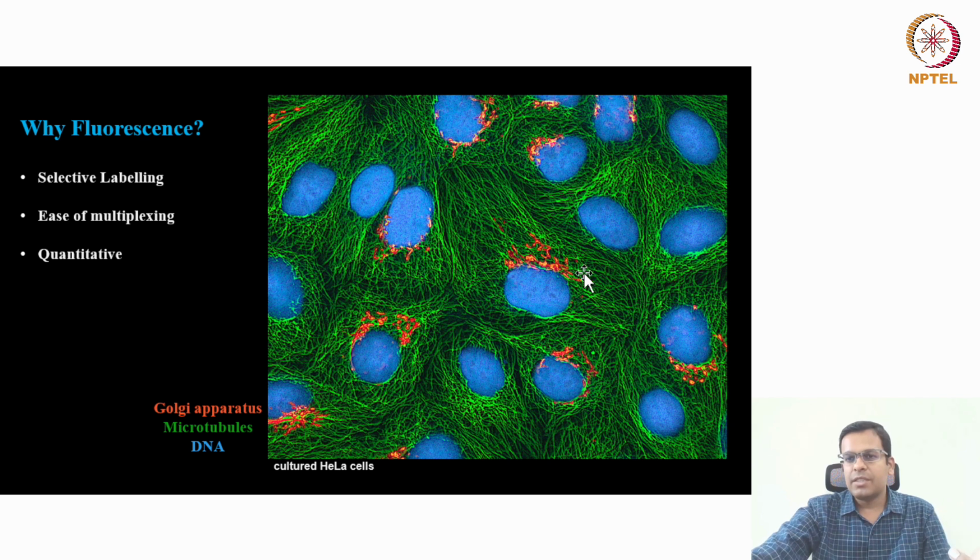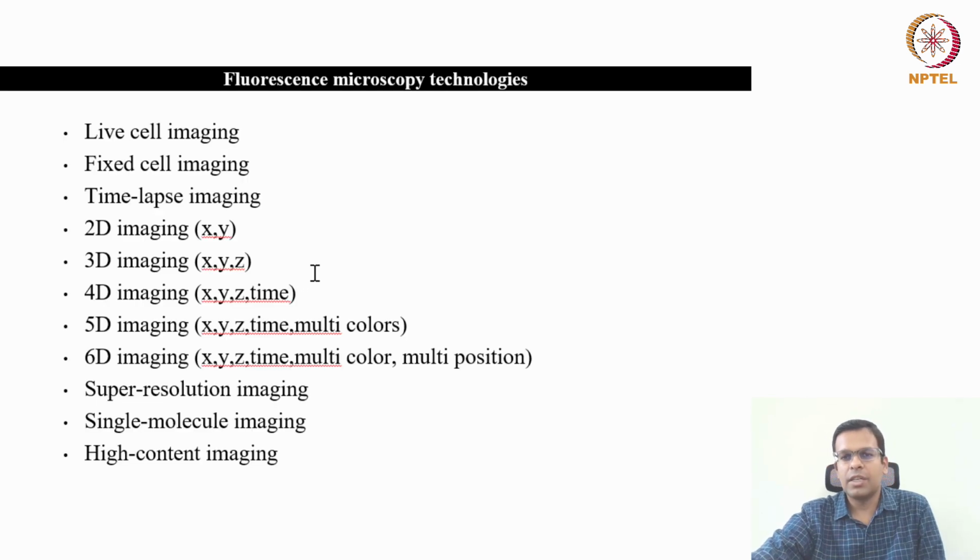Now the fourth dimension is you are seeing the multiple colors. So that is the fourth dimension. But this is not a time-lapse movie. So the fifth dimension is absent. So this is known as the 4D image, which comprises of X, Y, Z, and multicolor. But let's say if this is a time-lapse movie, then it's a 5D image because it also has multiple time points. Okay, so this is how the dimensionality of the image can be decided.